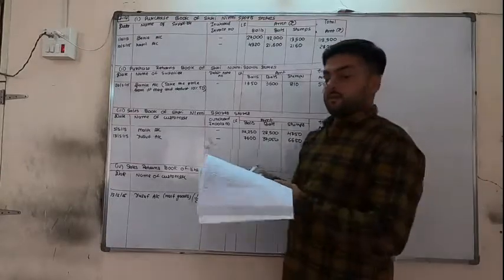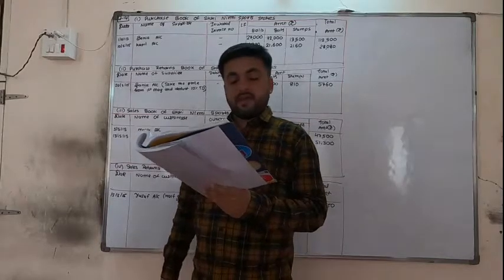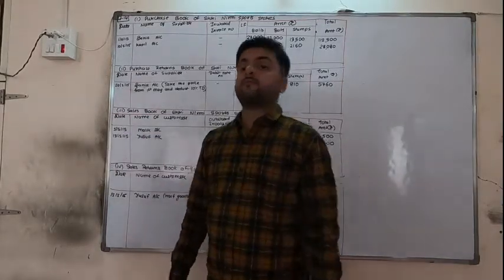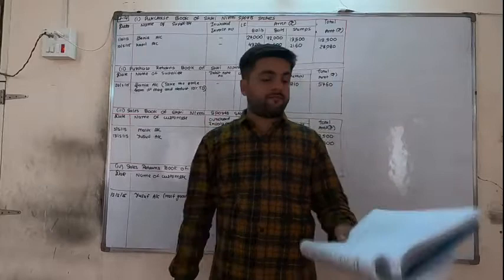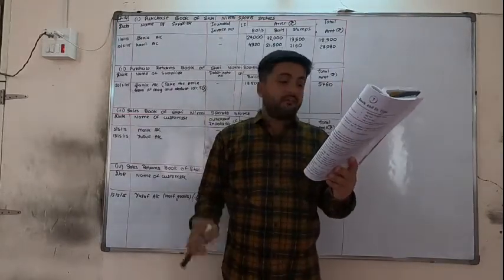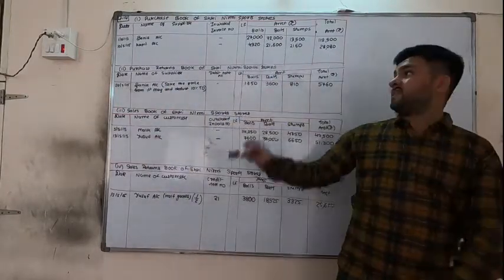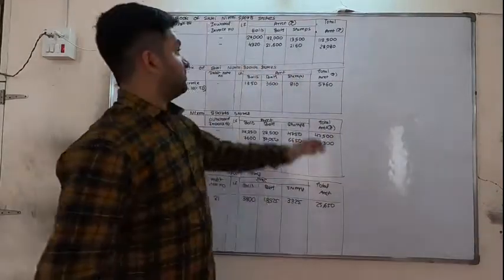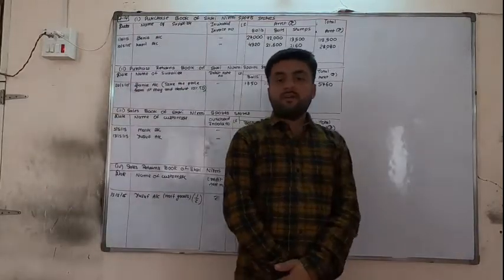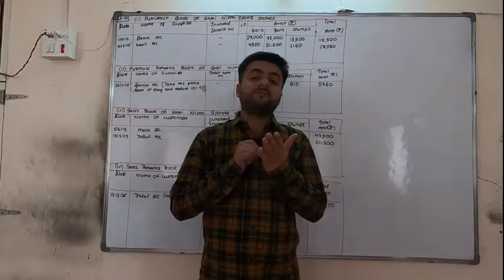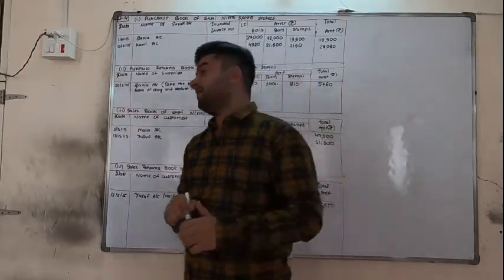Yeah. Now next, on 25th, half of the goods purchased from Kapil, the goods which we have purchased from Kapil, take their half. Half of the goods purchased from Kapil were sold to Sevak after adding 20% profit on cost. Cost means this is the net amount. So this is our cost. Cost is our net amount. So what we have to do, my friends? First we will take half goods. Then we will add 20% profit, and in such a way we are selling to Sevak.